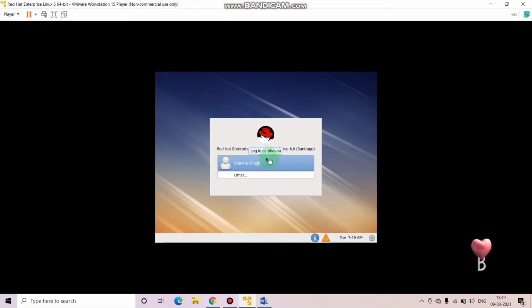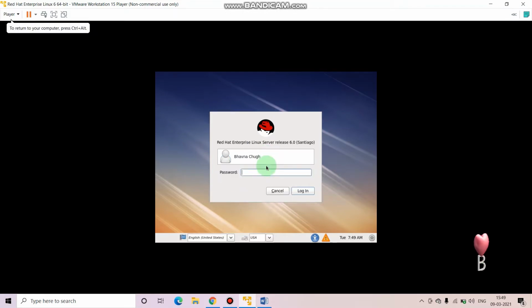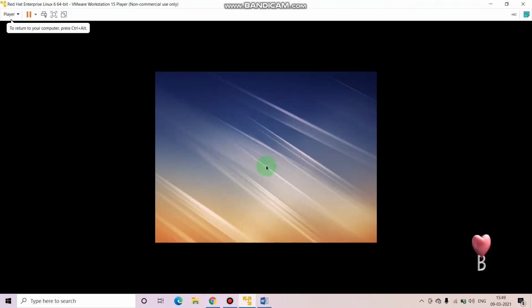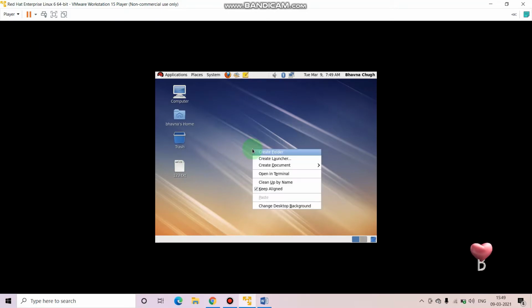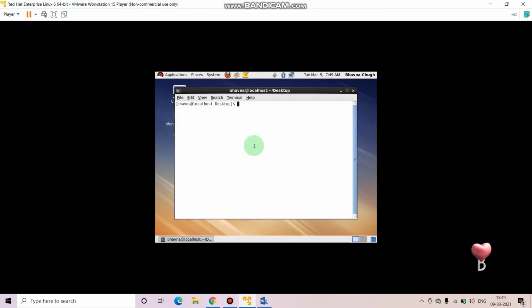Let's perform these practicals. As I have shown you in the last practical also, you will get this window when you power on your machine. You have to click on it, put your password, and then you will get your desktop. Then open the terminal like this and simply type ps, enter.